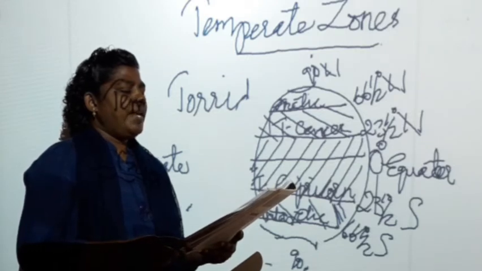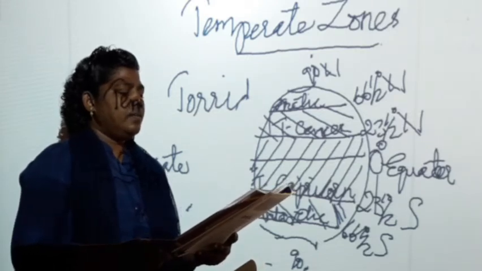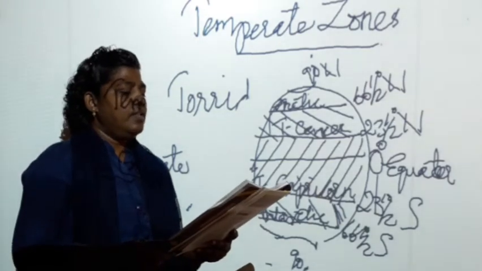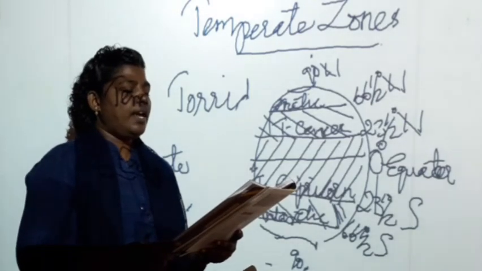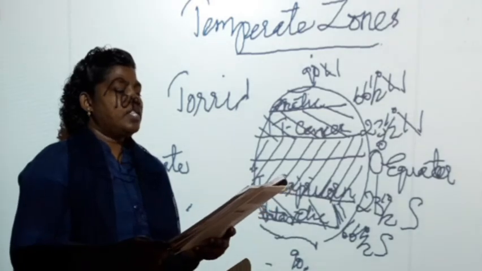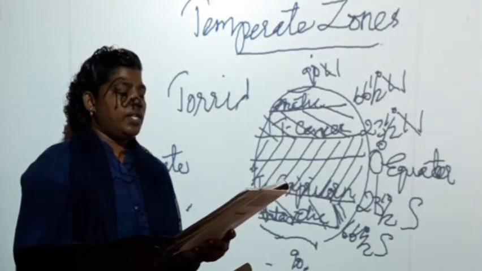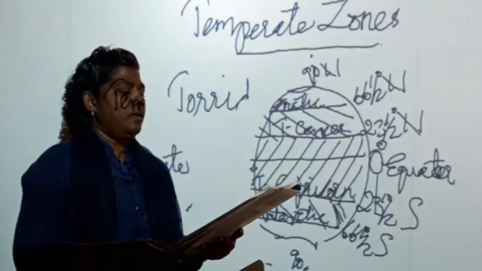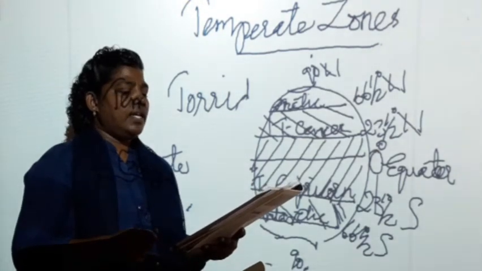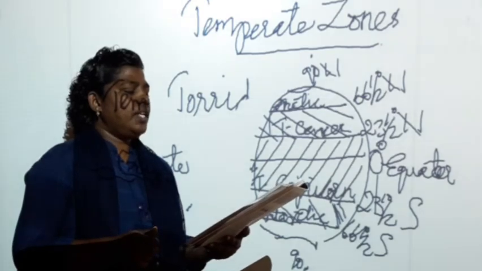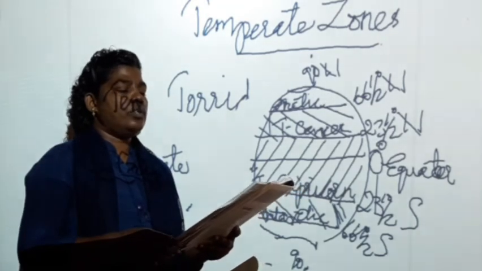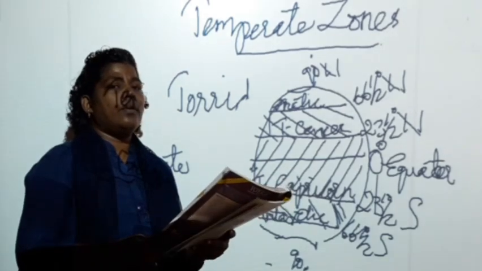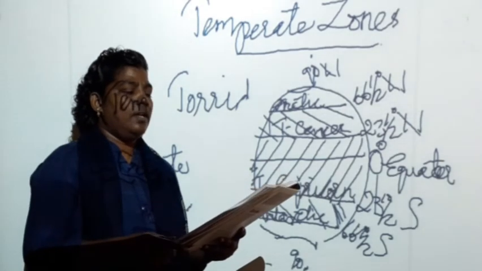Fourth question, page number 18 and 19. Fifth question, page number 19. Sixth question, page 20 and 21. Seventh question, page number 21. Eighth question, page number 21. You can add one more question there: differentiate between latitudes and longitudes. The answer is page number 22. There is a column given that you have to learn.